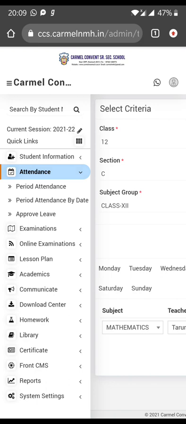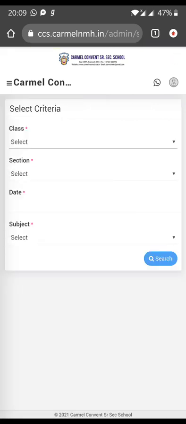Now move to the attendance. In attendance you will find three options. The first one, you have to select period attendance. After selecting period attendance you will get this page.